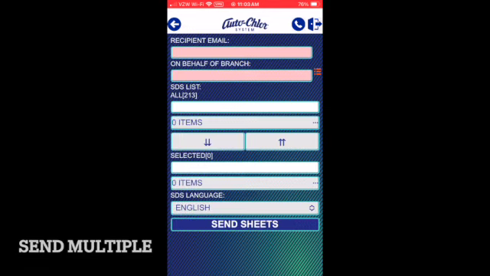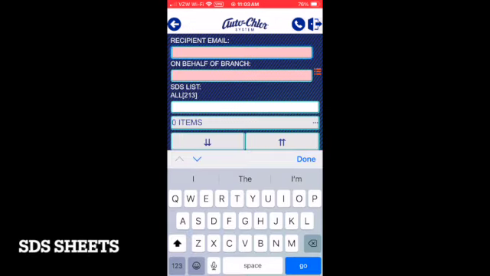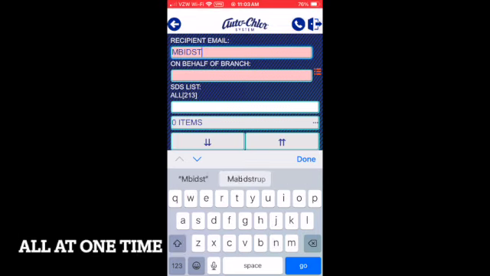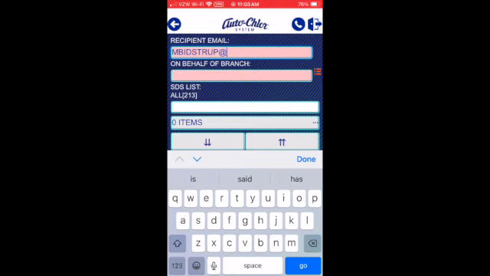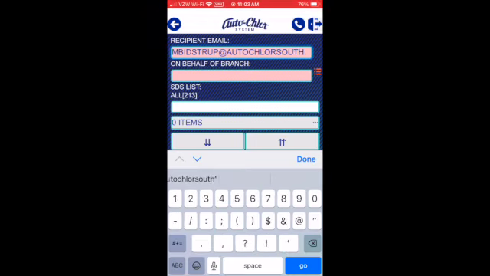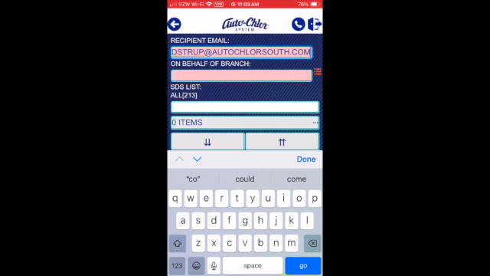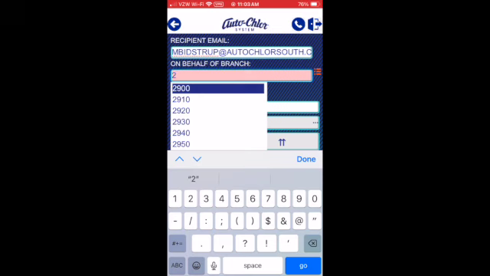And then finally, the third way to get your SDS sheets is to go into send files, and you can do multiple products at one time. So the format looks the same. You're going to put the person that you're sending the email to, then the branch number,